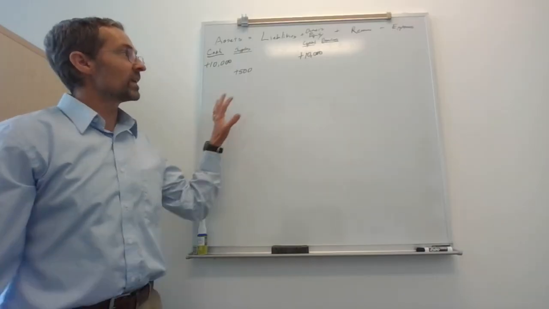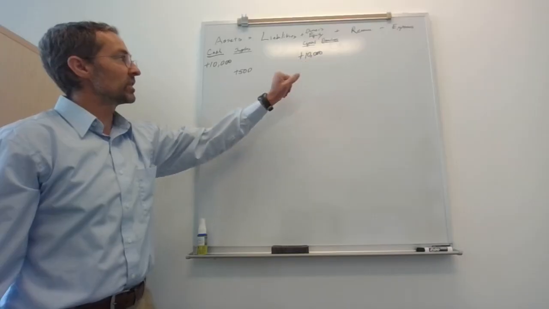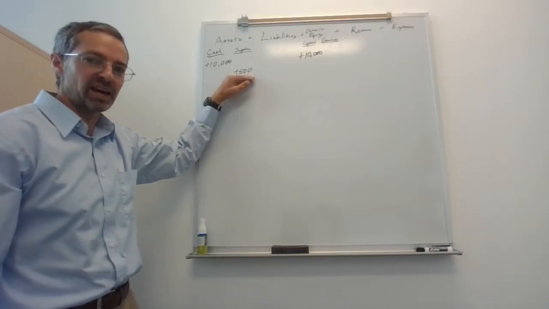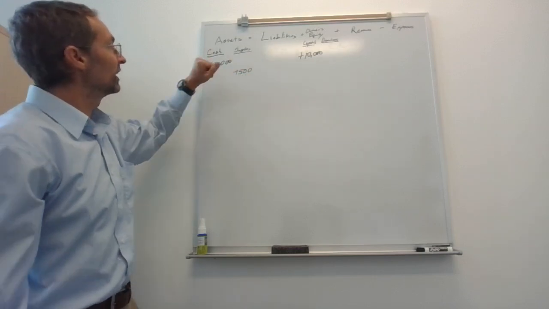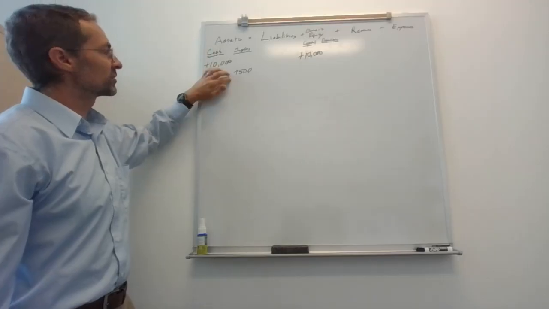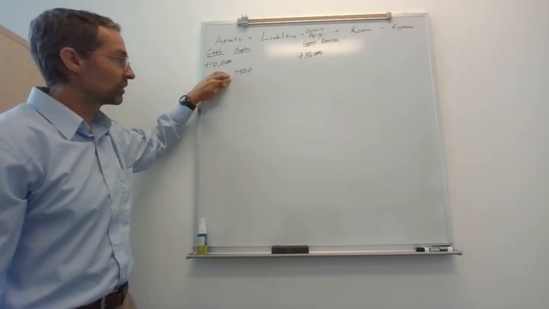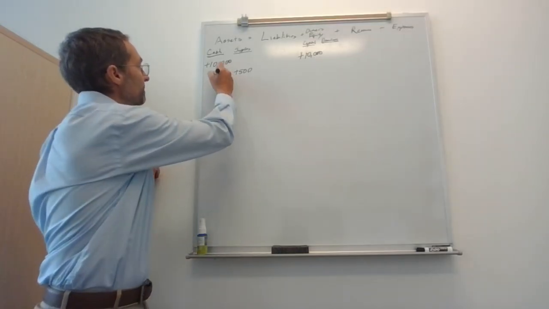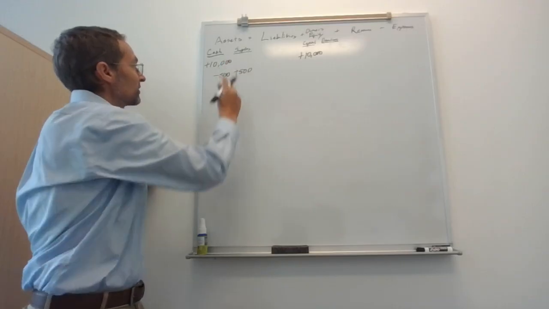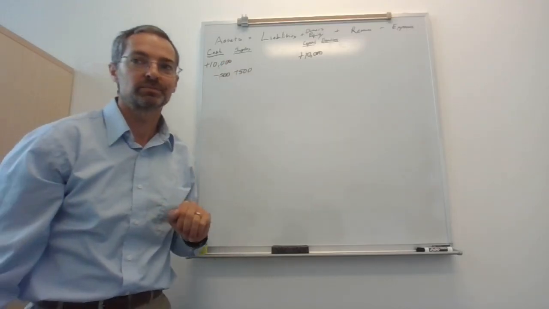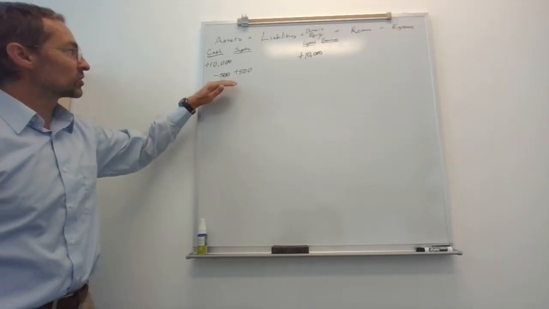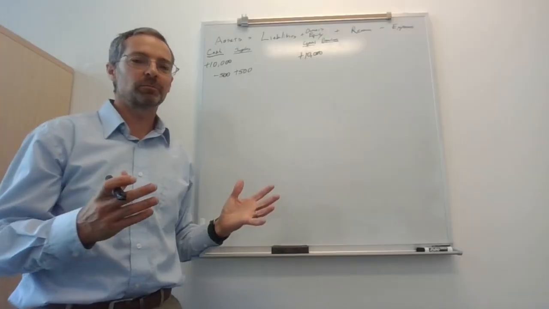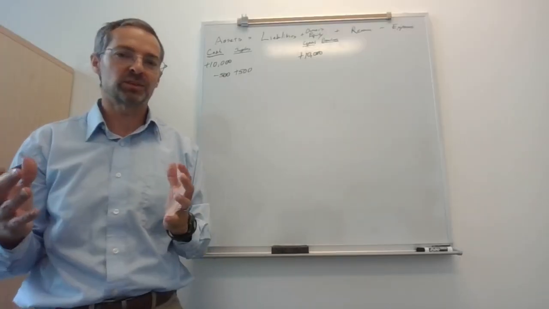Now, we do need to find some other way to get this equation to work. So $500 in supplies. What else happened? Look through everything. Did we give something up to get those supplies? We certainly did. We gave up $500 in cash. So we also subtract 500 from our cash. So our assets overall did not change. We just shifted. Now we have less cash, but we have more supplies.